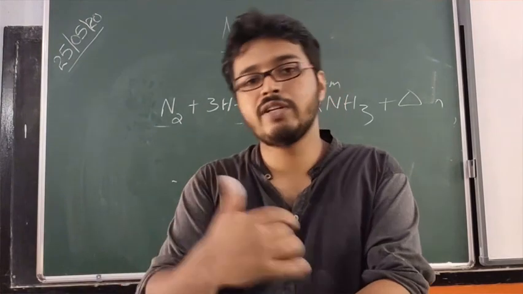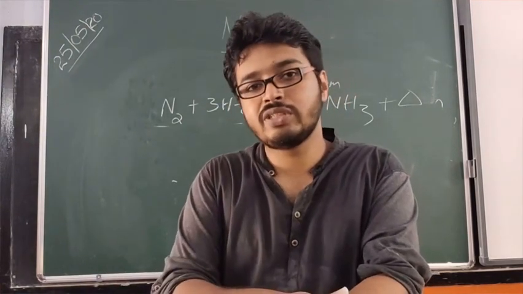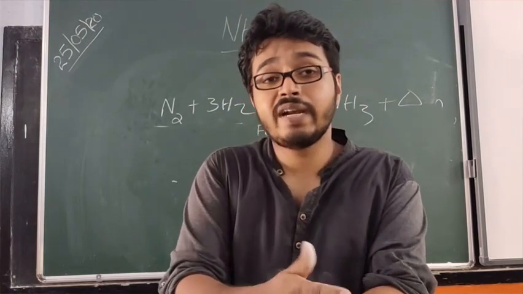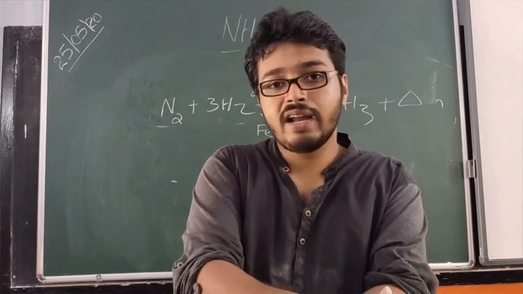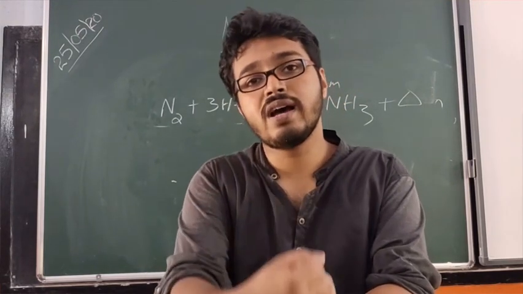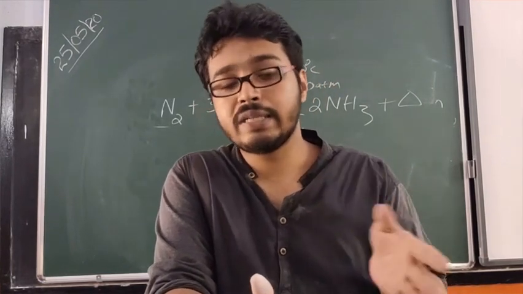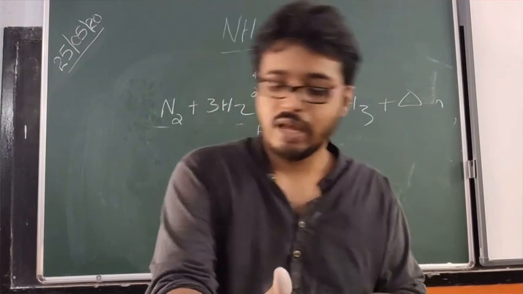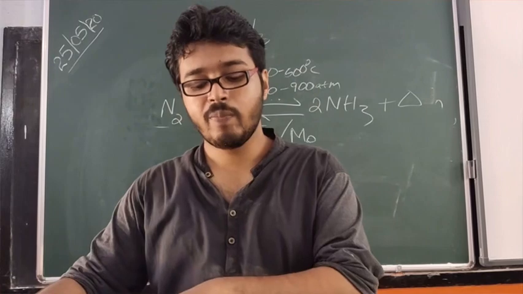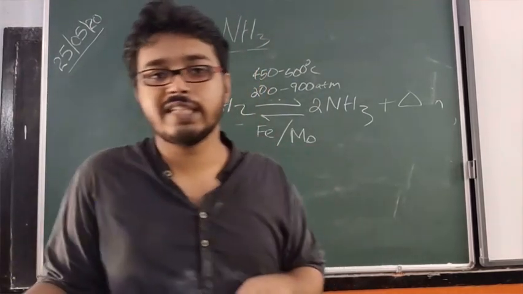Before going to the next class, just go back to the previous sessions. Just check the red fountain experiment for HCl. I won't be explaining much about the blue fountain experiment. Just go through the factors that we have discussed in the HCl chapter. In the next session, we will be completing the blue fountain experiment and other experiments in the ammonia chapter.